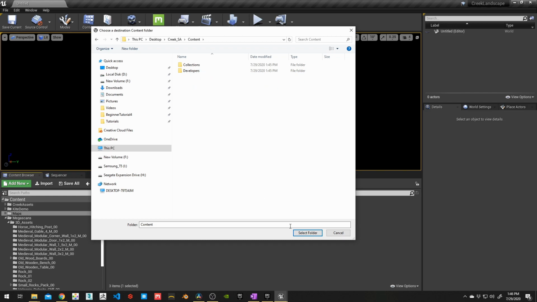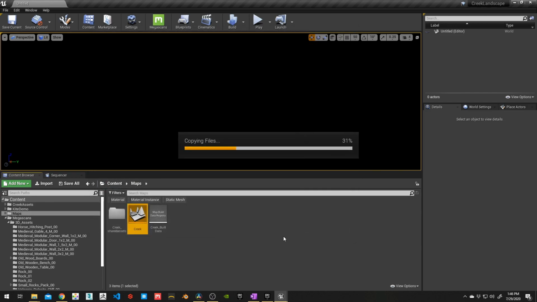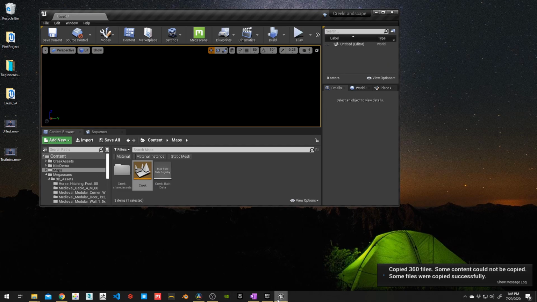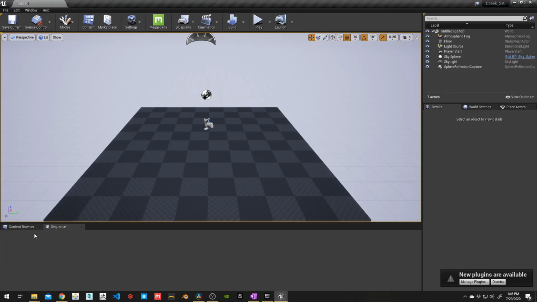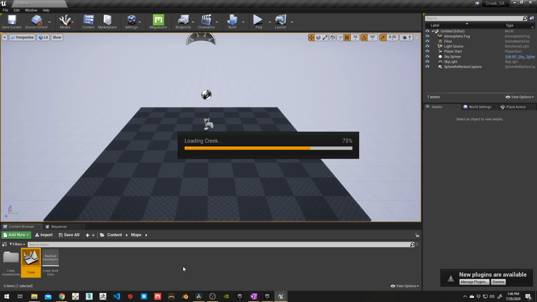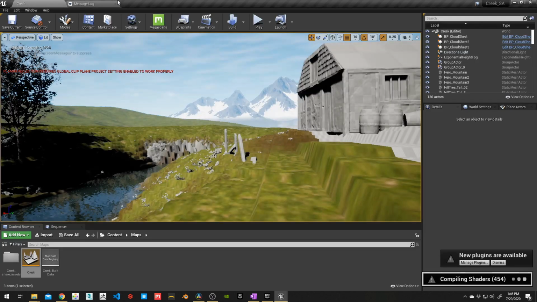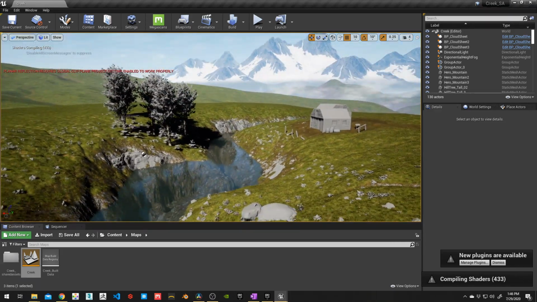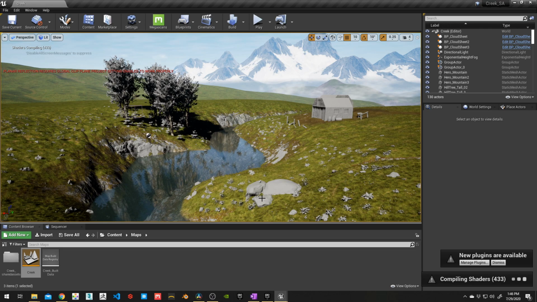project content, select folder, sometimes it'll come up with that, that's okay. Go out, and then if I go into my new project, content browser, maps, open this up, it'll take a bit for it to compile. Okay, so here we have our original map, and all the shaders should compile, and I also need to reactivate